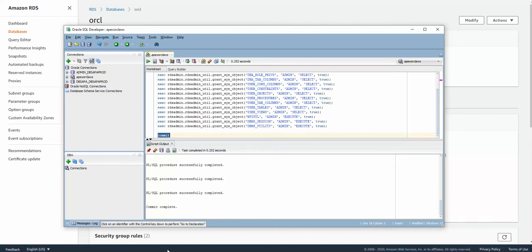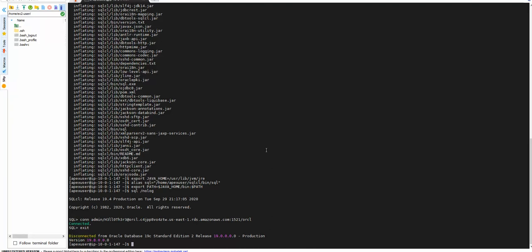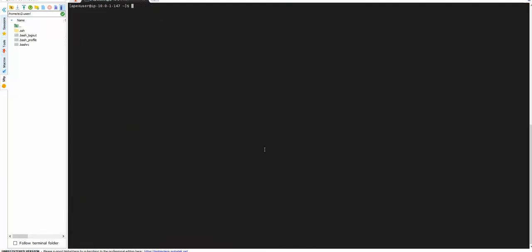Since that is done, let's go back to our EC2 instance. Clear it. And do the ls -lrt again. Let's go ahead and unzip the other two, Apex and ORDS also, right?